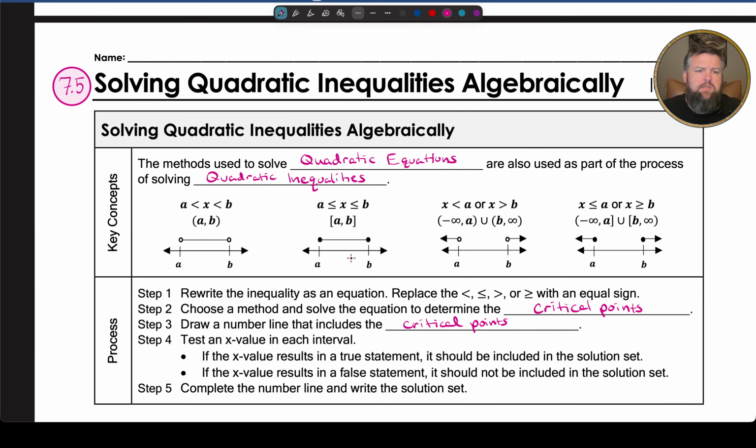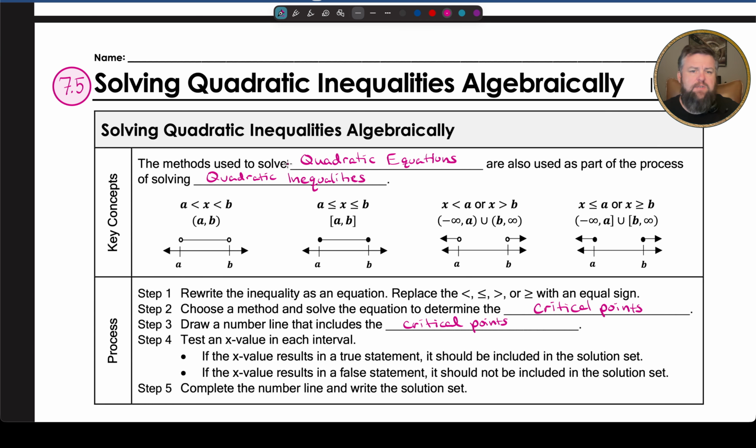Good evening. This is our video lecture series on Unit 7, Topic 5. This is solving quadratic inequalities algebraically. So we're going to use algebra to solve the quadratic inequalities, and then in the next lesson we're going to cover